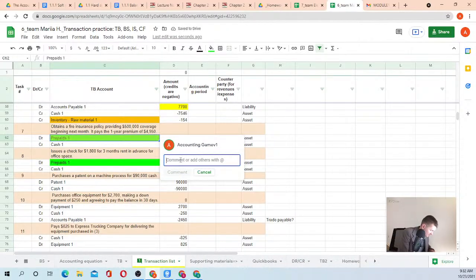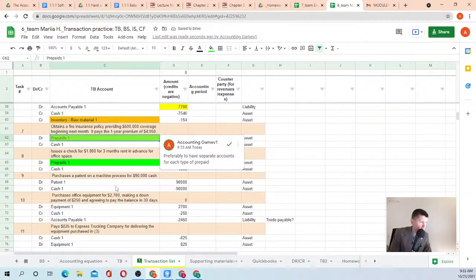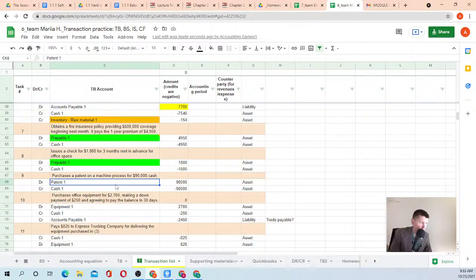Comment: it is preferred to have separate accounts for each type of prepaid. So you might have prepaids for insurance, prepaids for rent, prepaids for vendors, and I would advise having each on a separate account, just because that will make your life easier when you have to reconcile